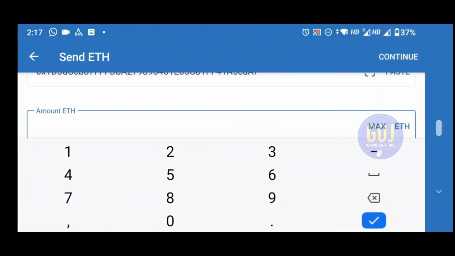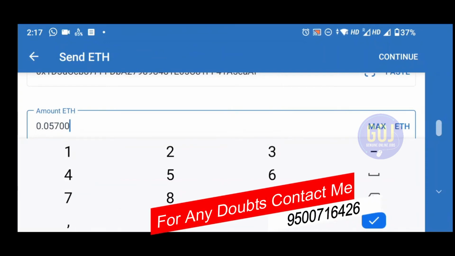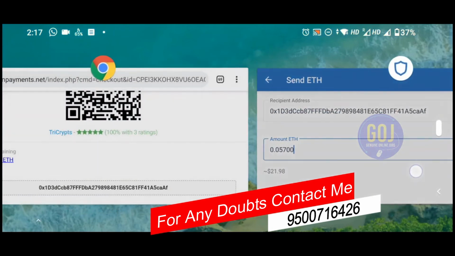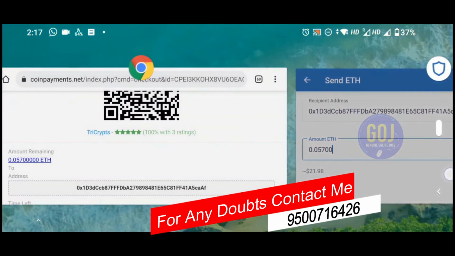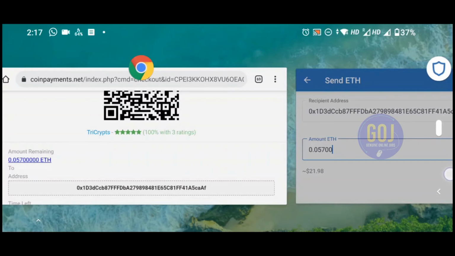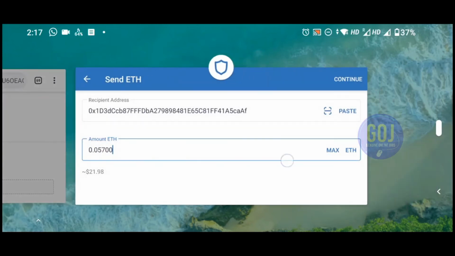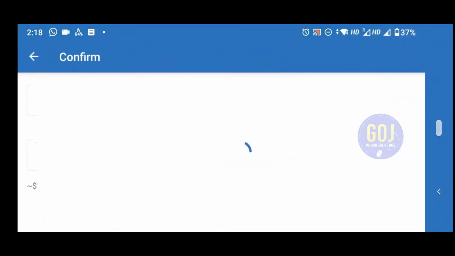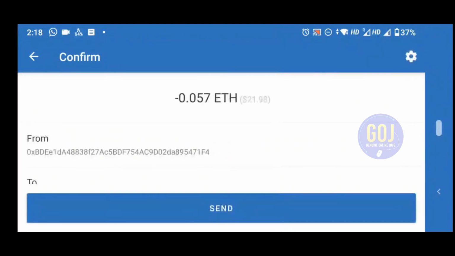So you must enter every digit shown on that page. Okay, so we are going to enter here 0.057, and the other two digits. There is no value for 0, but we are entering it for the sake of it. So we are entering the exact number which is given in the amount, and then send, continue, and click on send.